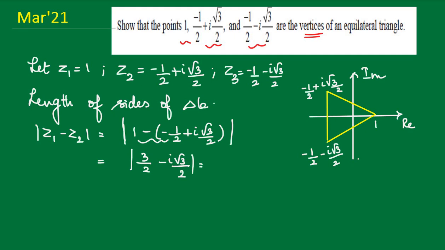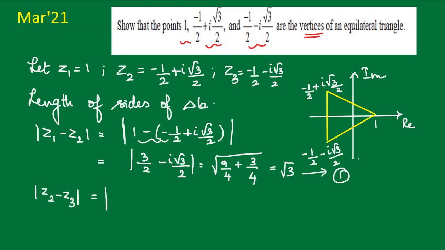Modulus can be written as root of (3 by 2) the whole square, which is 9 by 4, plus (root 3 by 2) the whole square, which is equal to 3 by 4. Now simplifying this, we get root of 12 by 4, which is equal to root 3. This is 1. Next, coming to the second length, Z2 minus Z3 will be equal to modulus of Z2